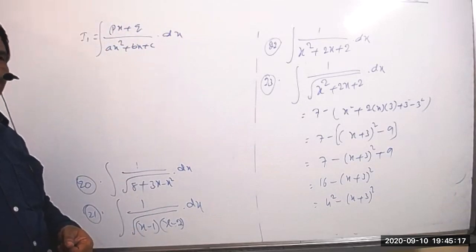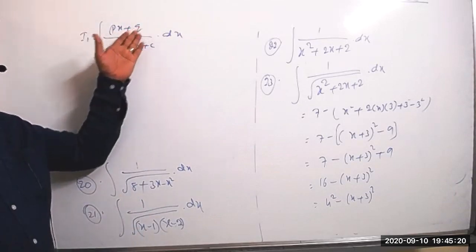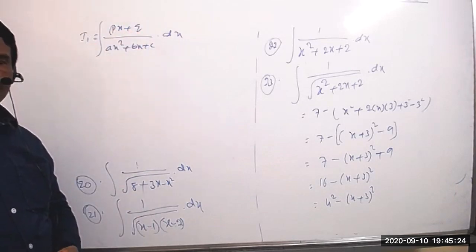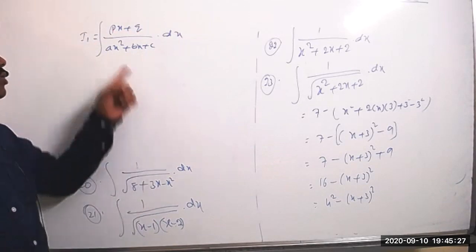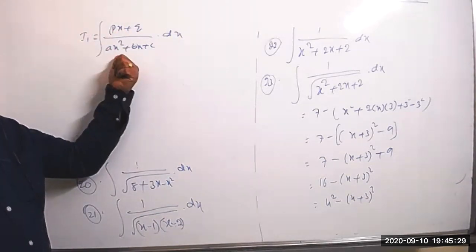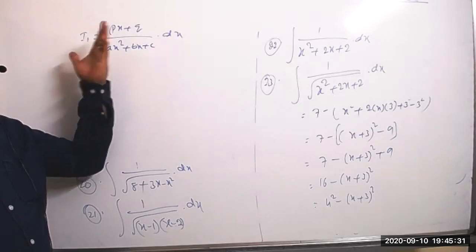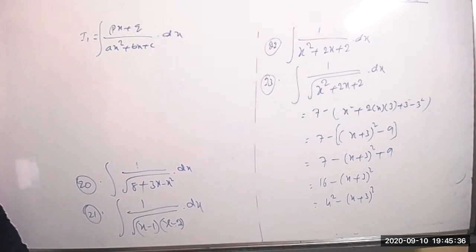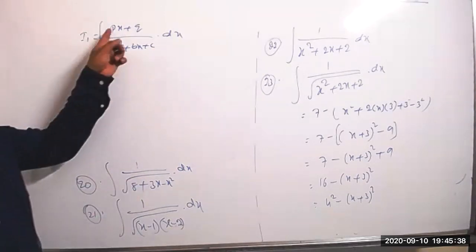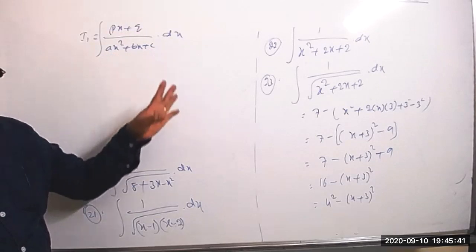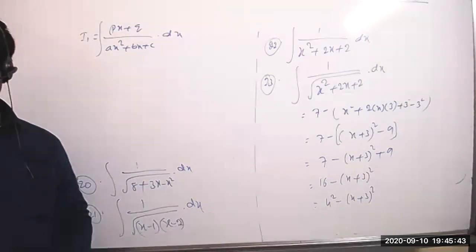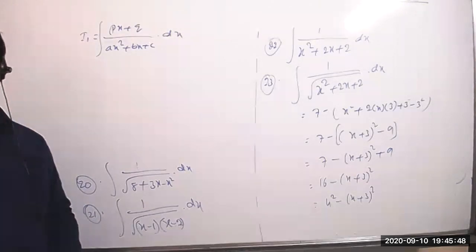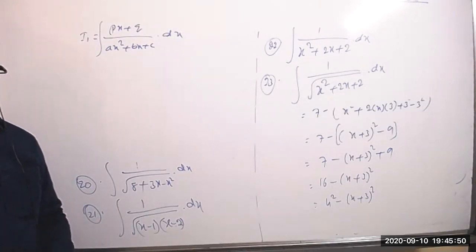Suppose the degree of the numerator is more than the denominator, then we easily find the factors of the numerator and cancel something, because we are simplifying and doing the integration. But in this case, the degree of the numerator is less than the denominator, and we don't have any quotient rule in integration. So how to integrate? We have to remember clearly that p, q, a, b, c are real numbers. All of you should remember that.